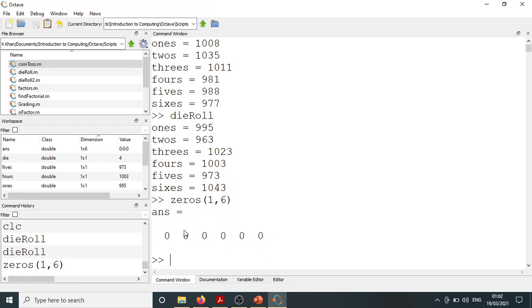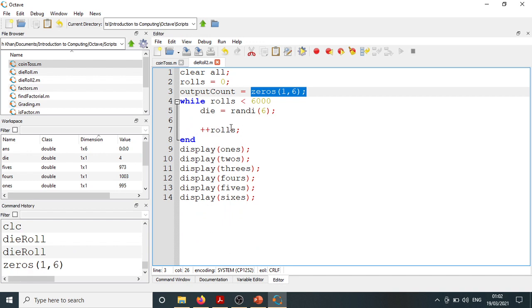ठीक है, अच्छा, हमने ये वेक्टर क्रिएट कर लिया। अब इसमें 6 एंट्रीज हैं। इस एंट्री का इंडेक्स क्या है? 1, इसका 2, इसका 3, इसका 4, इसका 5, इसका 6। अब हम काउंटिंग इस तरीके से करेंगे ना कि जब हमारे पास 1 आएगा तो हम इस एलिमेंट को एट इंडेक्स 1 इंक्रीमेंट कर देंगे। जब हमारे पास छक्का आएगा तो हम एलिमेंट एट इंडेक्स 6 उसको हम इंक्रीमेंट कर देंगे। जब हमारे पास चौका आएगा तो हम एलिमेंट एट इंडेक्स 4 को इंक्रीमेंट कर देंगे। तो इस तरीके से हम काउंट को महफूज रखेंगे। ठीक है, रिकॉर्ड करेंगे।